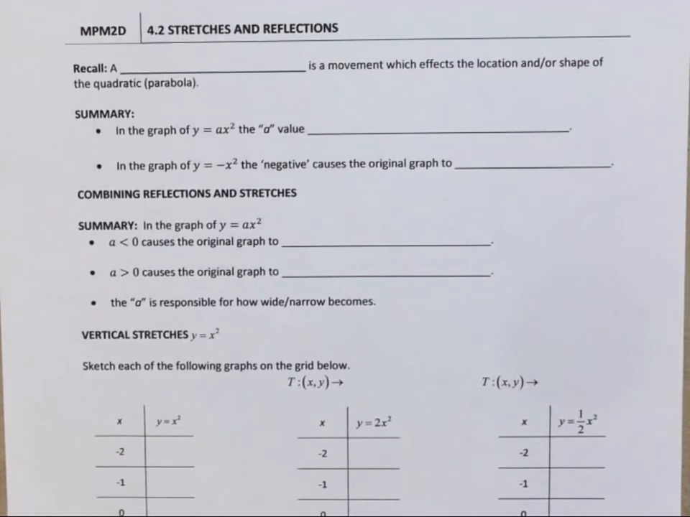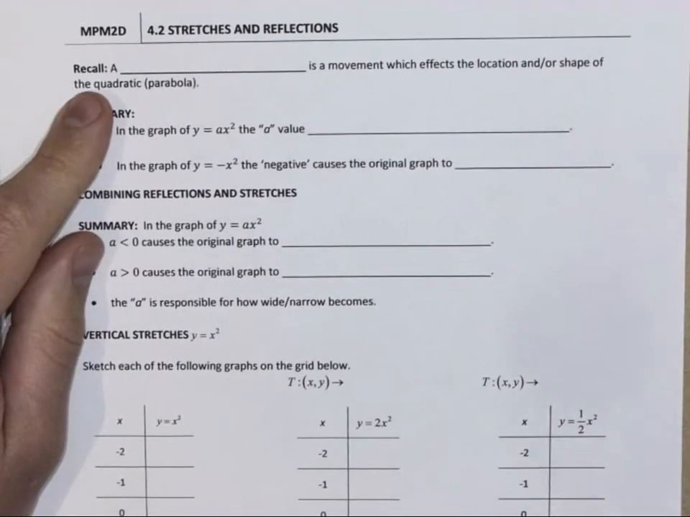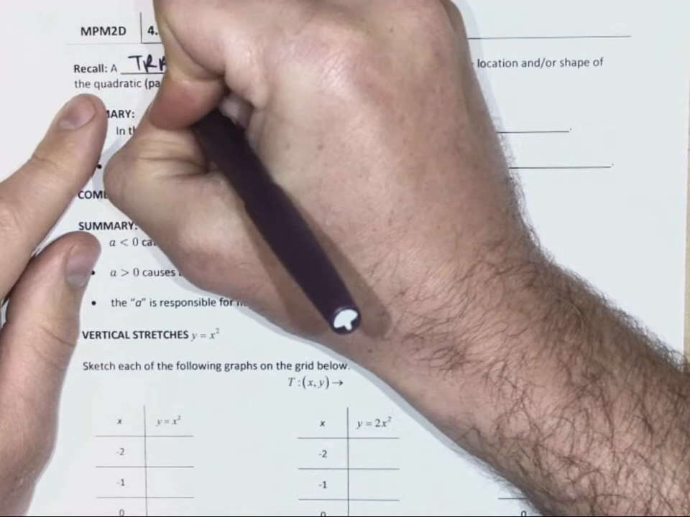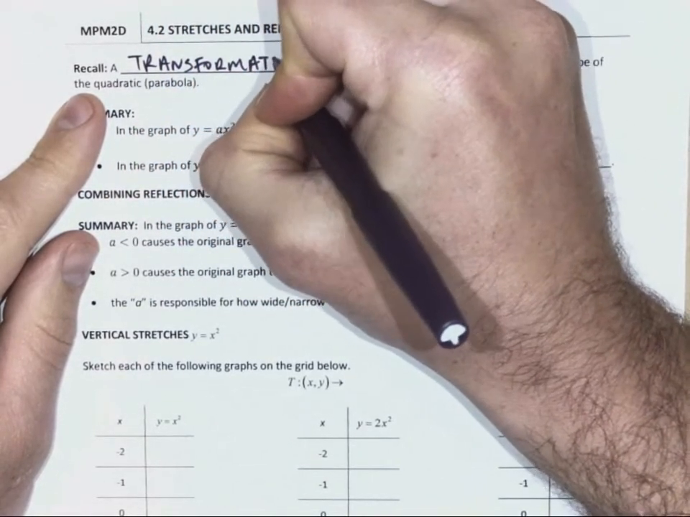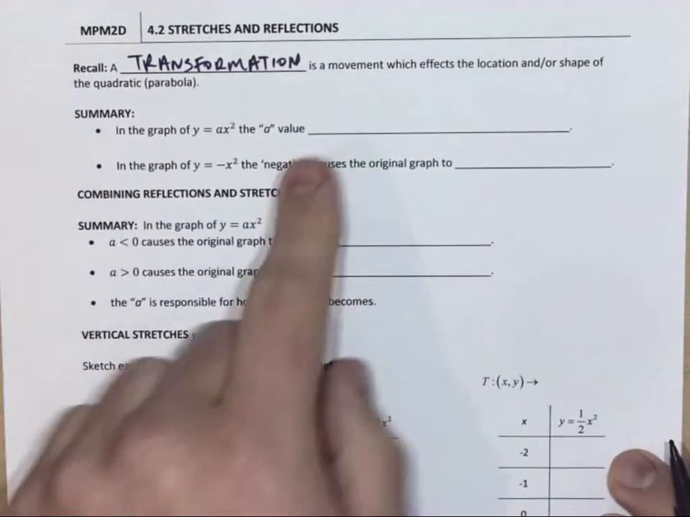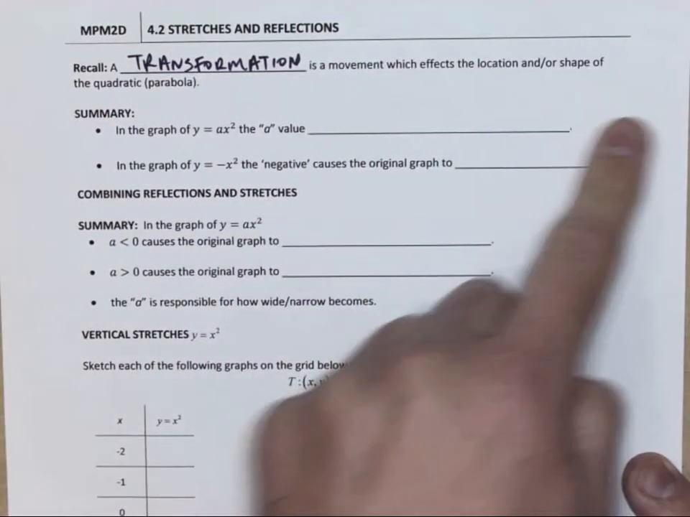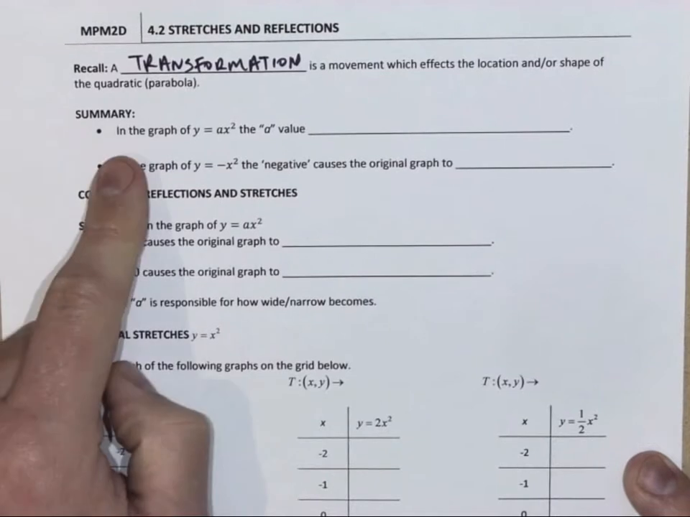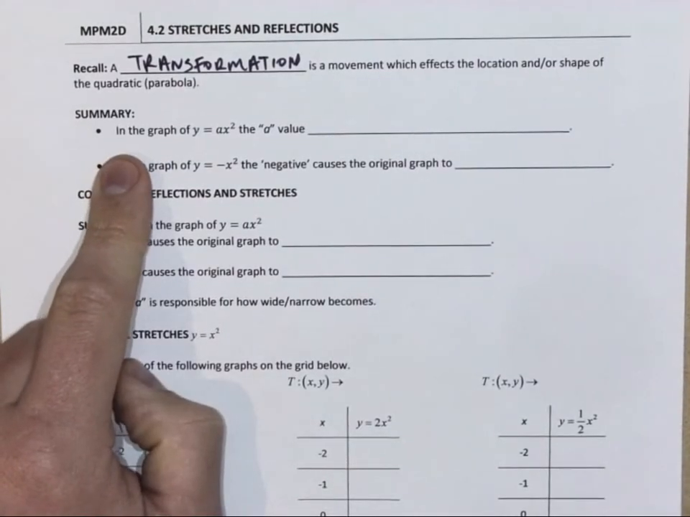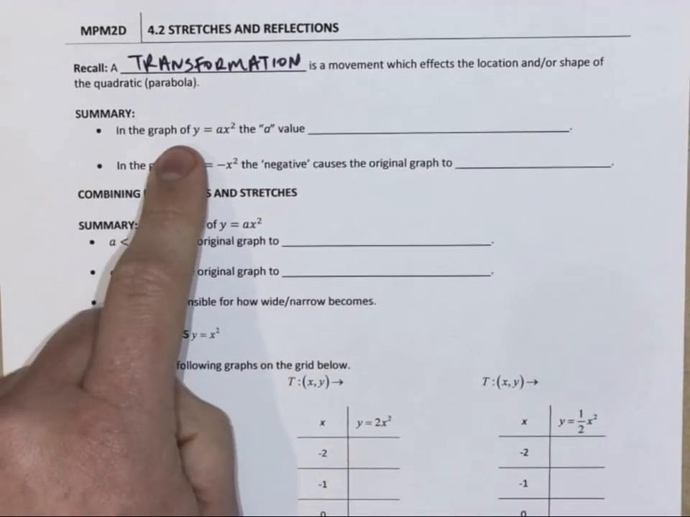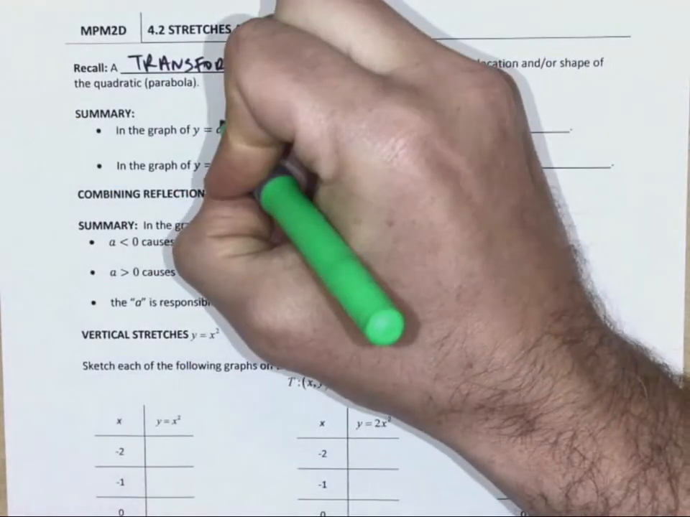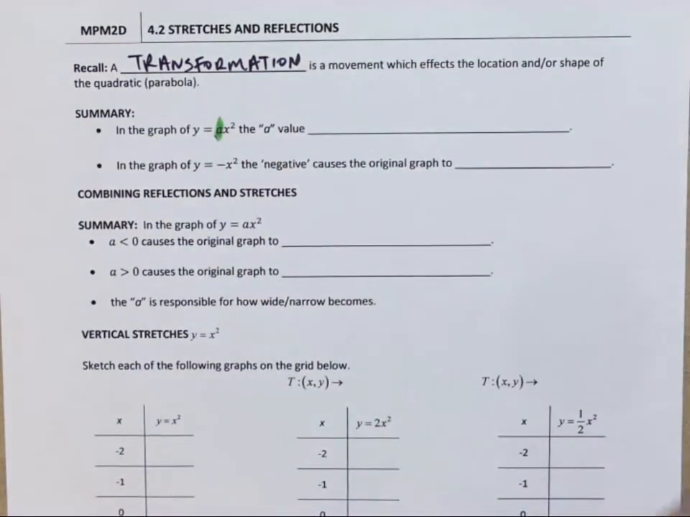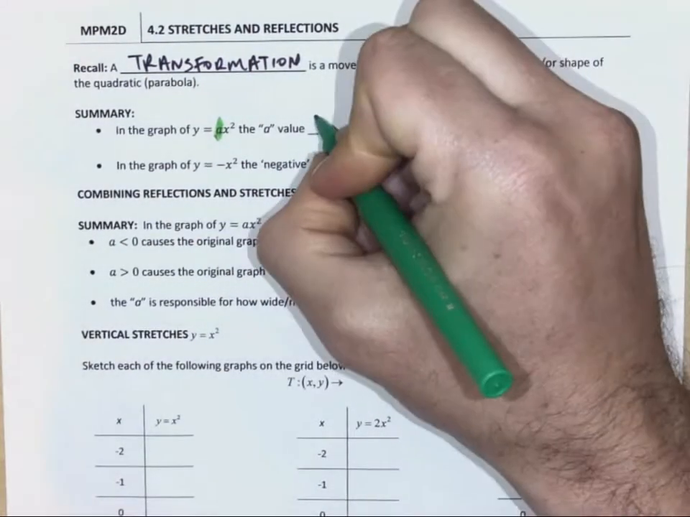Okay, stretches and reflections. Remember that a transformation is a movement which affects the location and/or shape of the quadratic. So, after doing the Desmos, as a summary, we should see that in the graph of y equals ax squared, the a value stretches